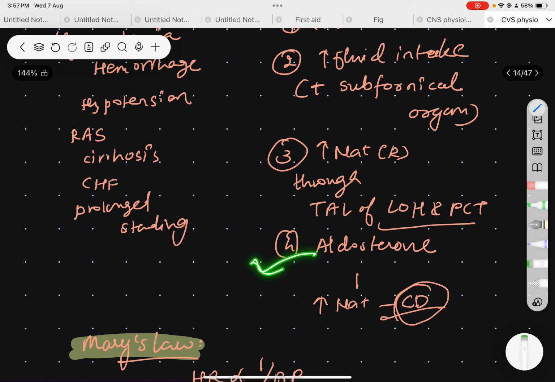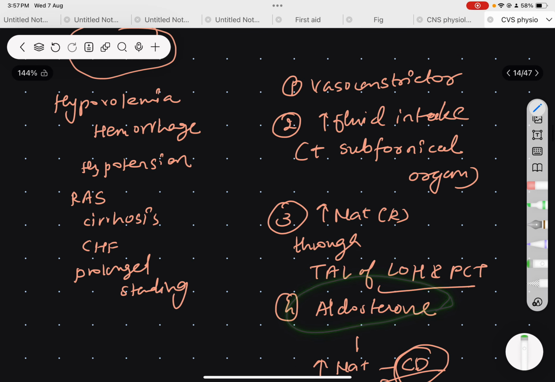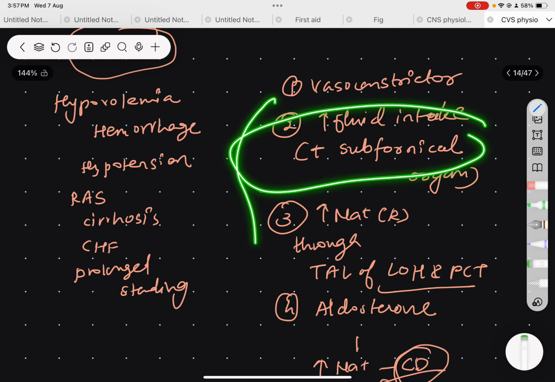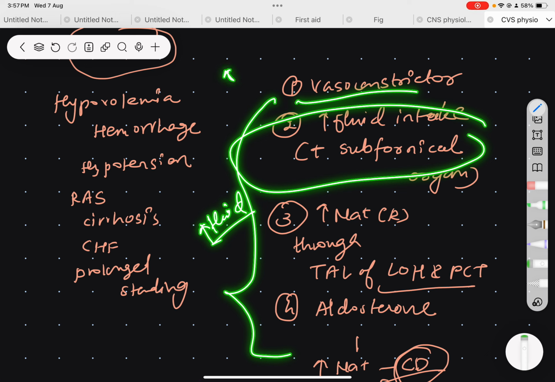So these are all measures to increase blood volume. Increase in sodium, this will be from the loop of Henle and PCT, this will be from the collecting duct, and increased fluid intake. All three will cause increase in fluid volume, and this vasoconstriction will lead to increase in